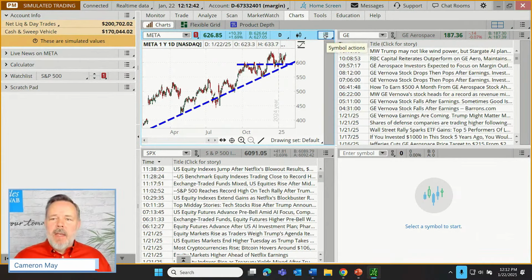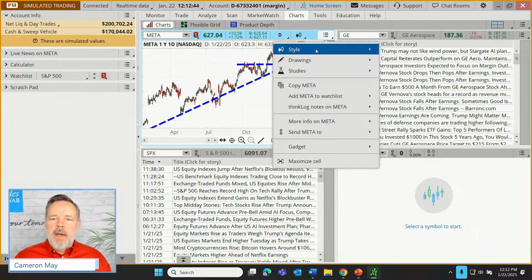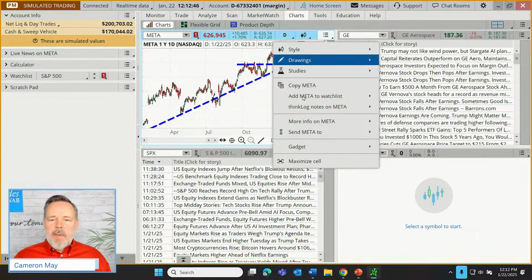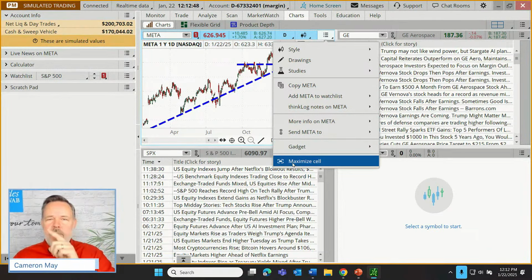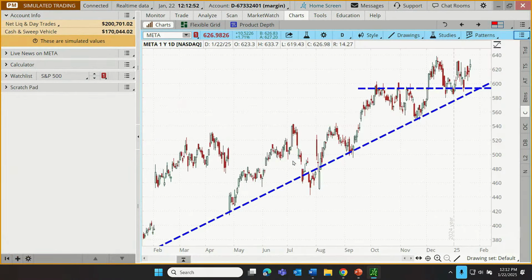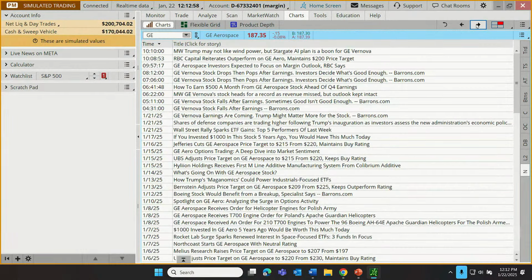So I'm going to come up here and click on the little menu icon, and let's choose maximize cell. Each one of these 4 boxes is known individually as a cell. So I'm going to choose maximize cell, and then I can go back to my other windows that I've just set up by clicking the little button here.